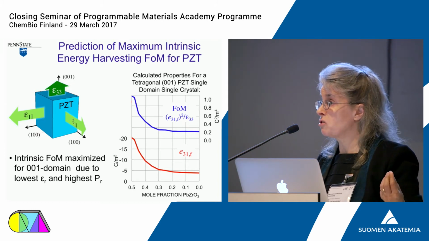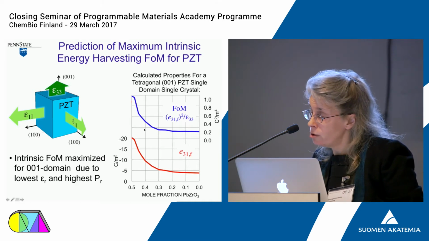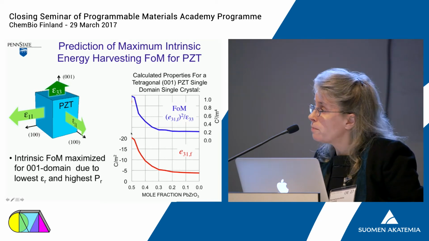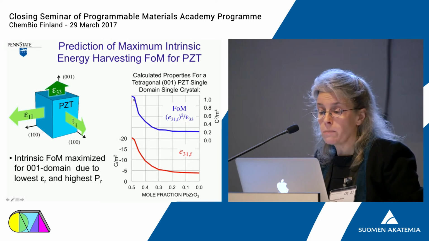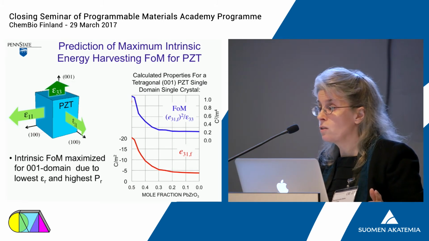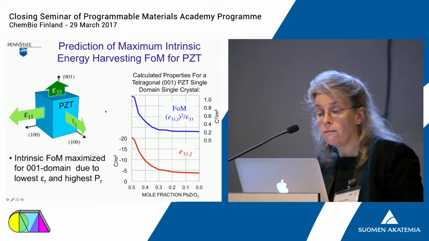So this is the ideal situation for an energy harvester. If you calculate what you should get for an energy harvesting figure of merit, that moves you from this 0.1 coulombs squared per meter to the fourth up an order of magnitude. Order of magnitude is worth chasing, so we decided to find out whether we could in fact experimentally achieve this